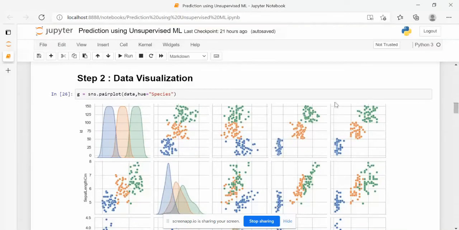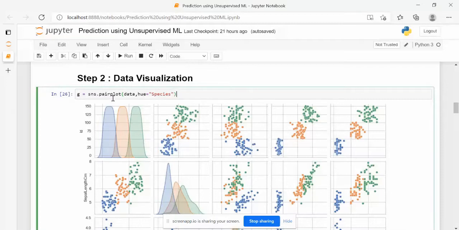Now in step 2, that is data visualization, I have done it with the help of a pair plot. So you can see the pair plot here, and it is showing the relationship between each column of the dataset.